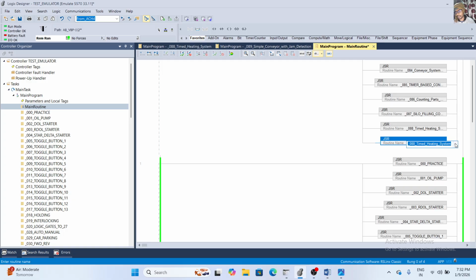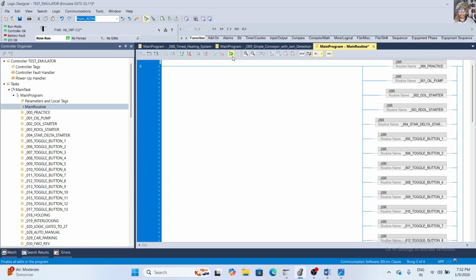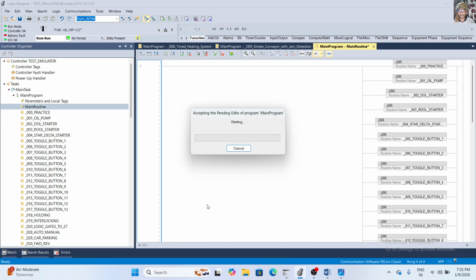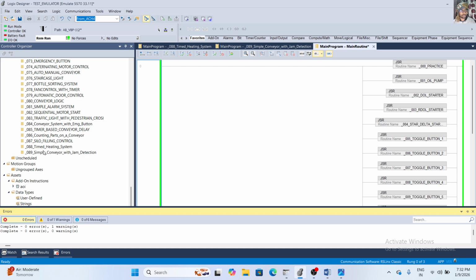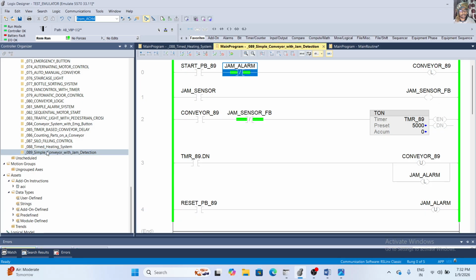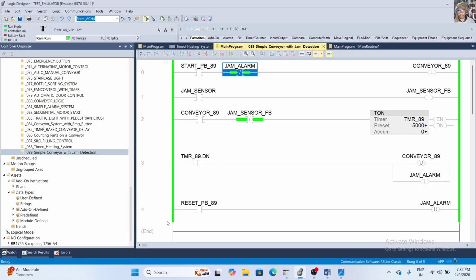I double click on it and go to the 89 number. Its name is simple conveyor with jam detection. Then I finalize this and click on yes. Then going to the 89 number routine, the rung will be healthy.